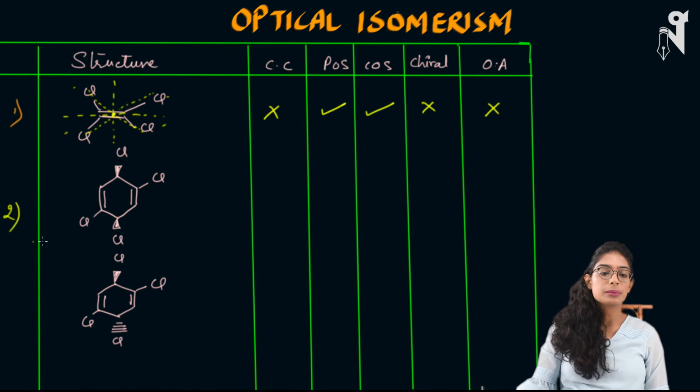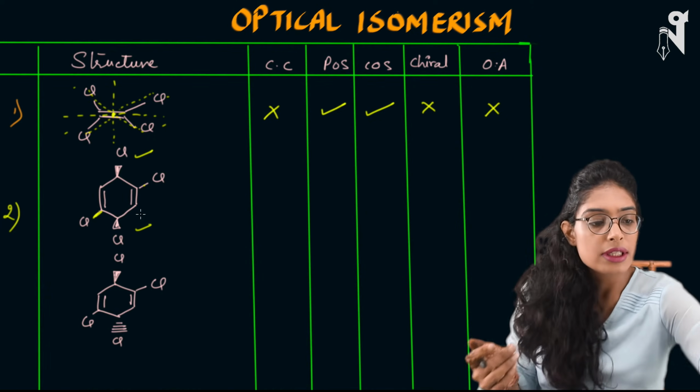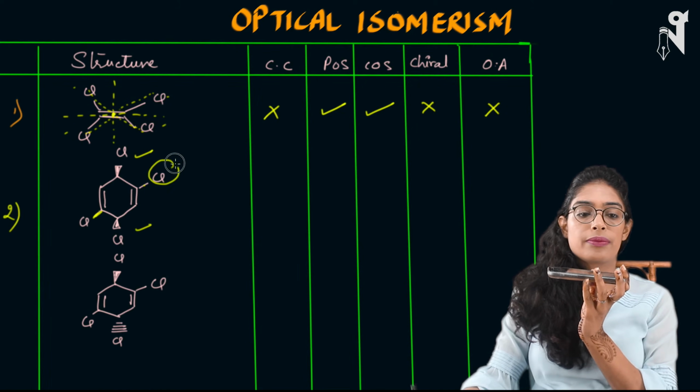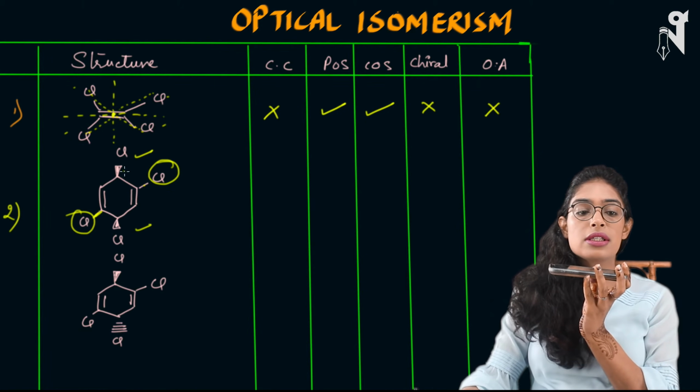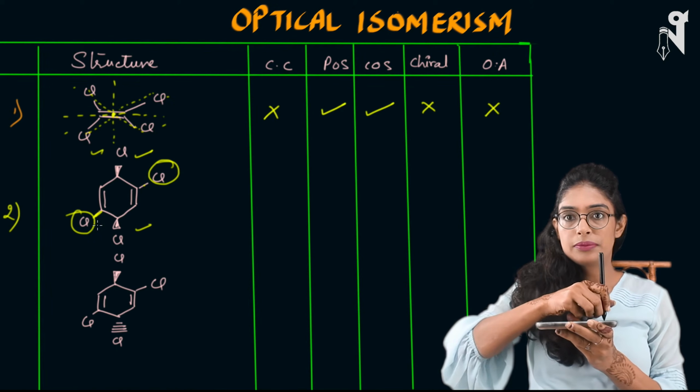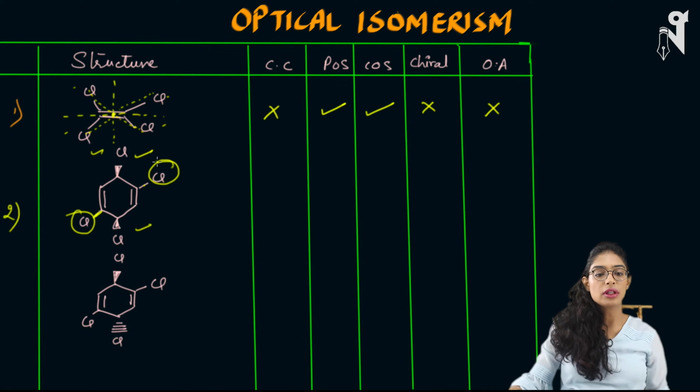In the next compound, what do we have? We have two chlorines on cyclohexane, not cyclohexane, cyclohexadiene, and then two chlorines which are present with those double bonds. So basically these chlorines are in the same plane as the double bond and the ring, right? If let's say this is the ring, and here is the chlorine somewhere, these two chlorines are towards the viewer like this. So now we have to see whether the chiral centers are there or not.